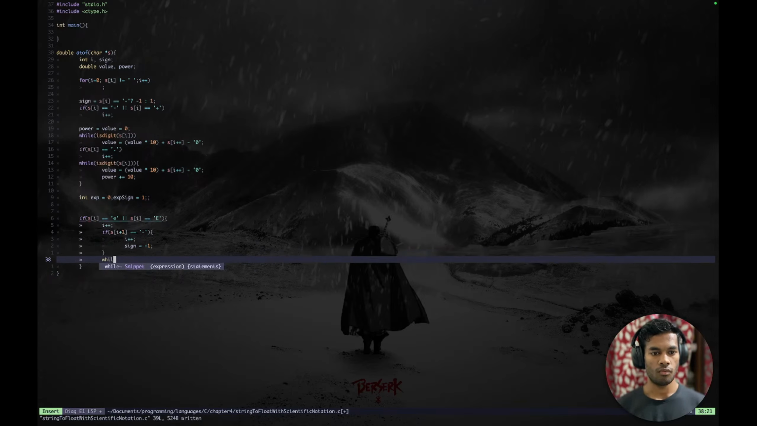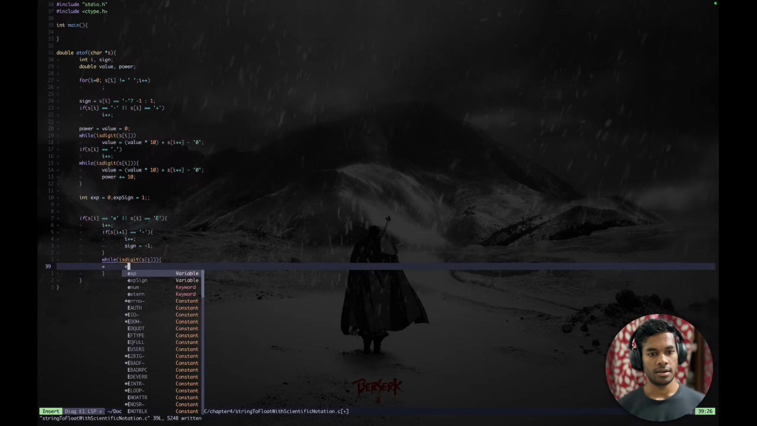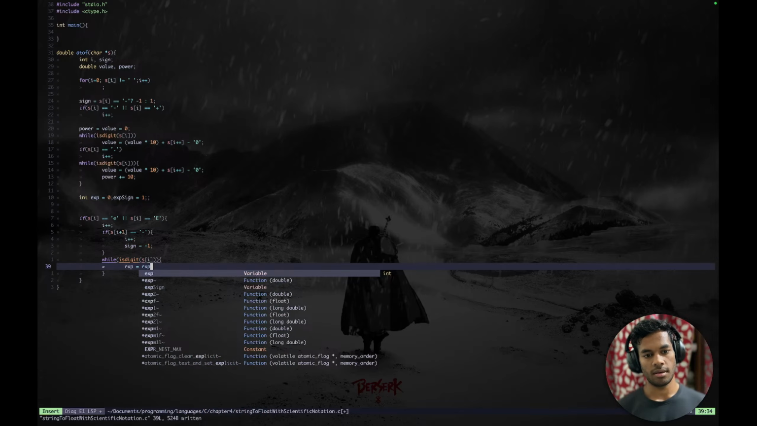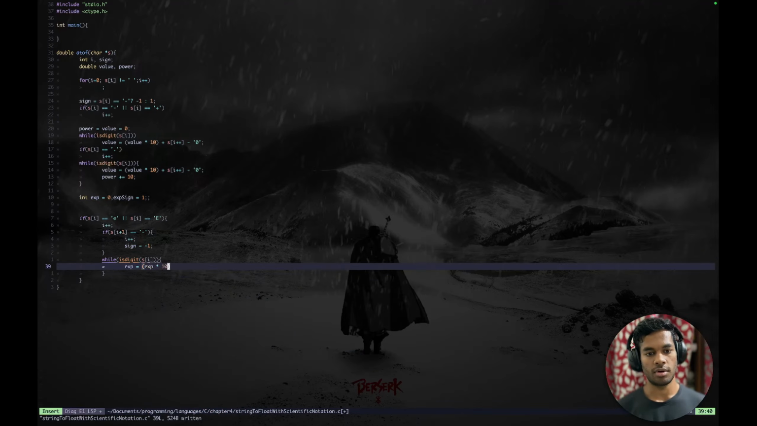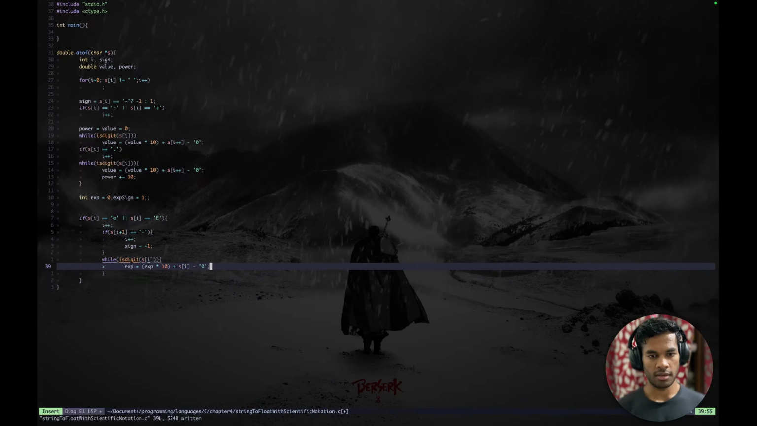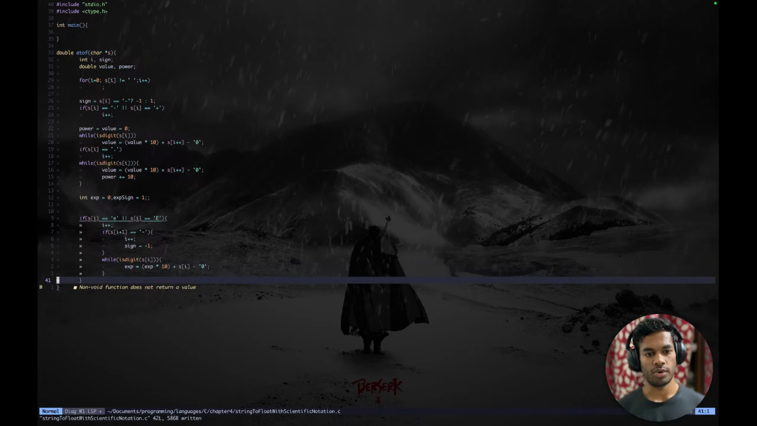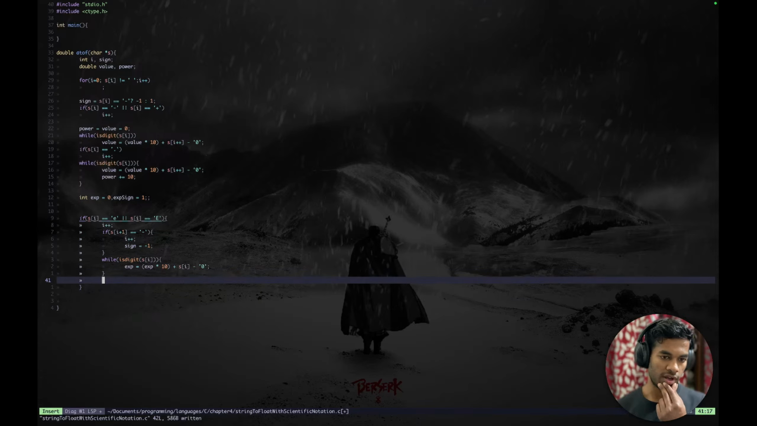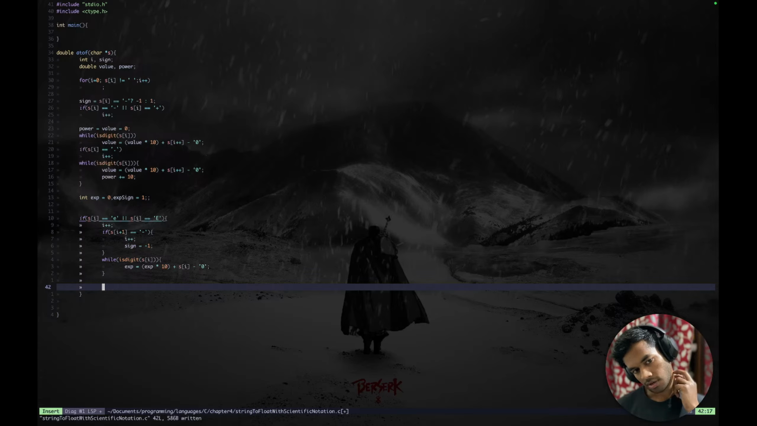And then while is digit s[i], then exp equals exp into 10 plus s[i] minus the 0 character. Yep. This should give me the exponent by the end of this thing. By the end here, I should have the exponent, and then I would like to work with the exponent